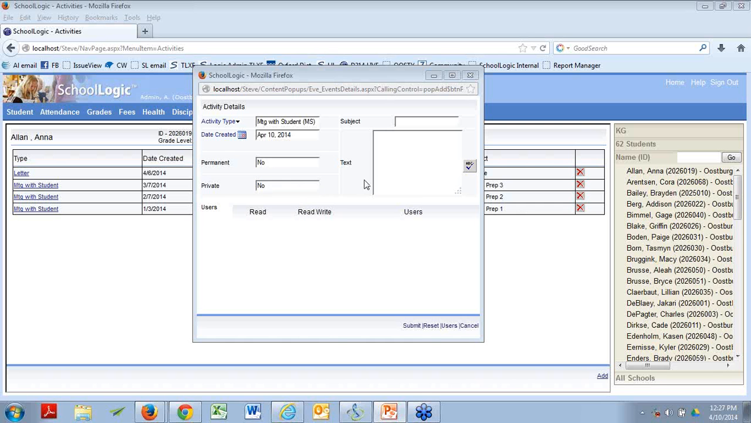Okay? Now, this text guy, you can be as descriptive as you want. Okay? So text is a free form area to enter the event. Okay? Now,